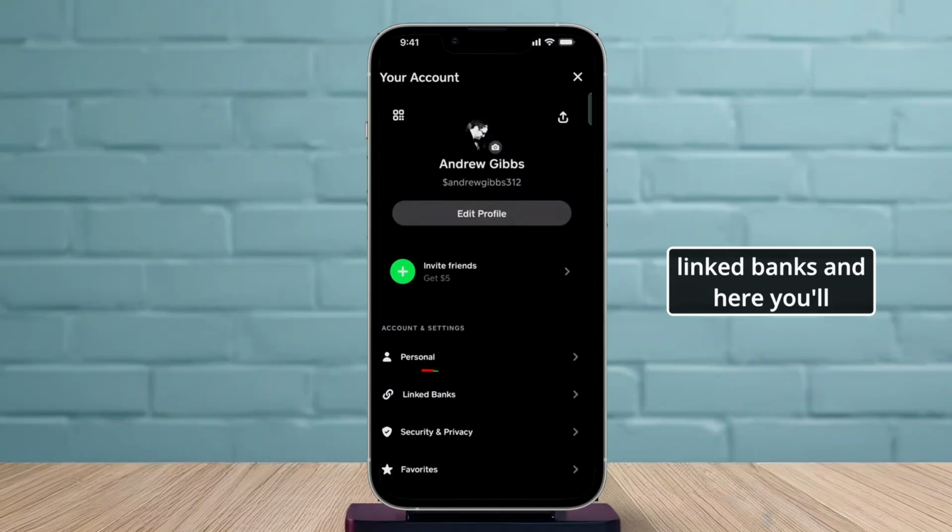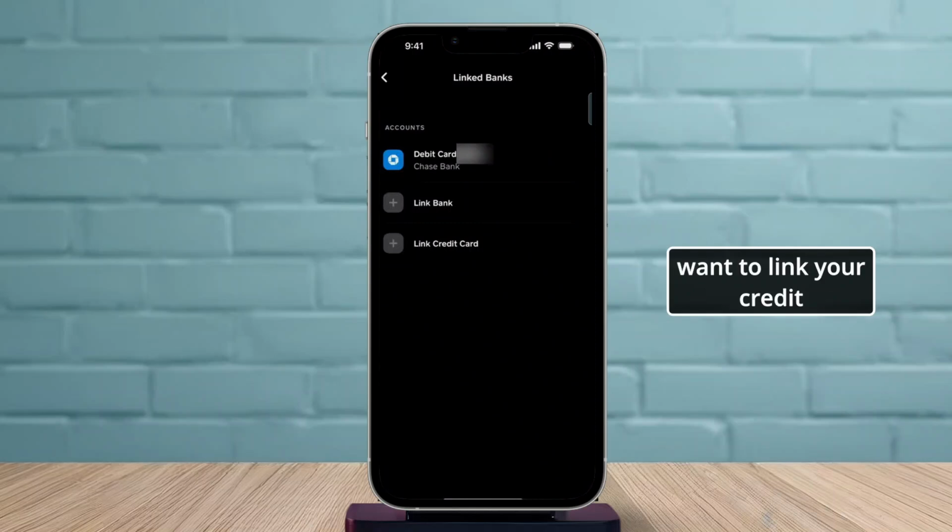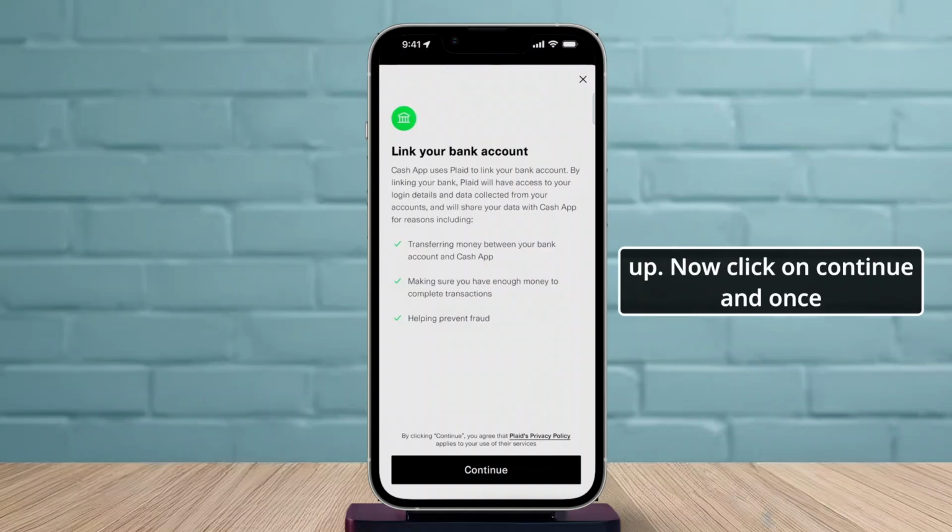Tap on linked banks. And here you'll find all of your previously linked banks and credit cards. Now, if you want to link a credit card, tap on the second option, but if you want to link a bank account, however, for that you have to tap on the first option that says link bank. Tap on the plus icon, then it will show you this pop-up. You click on continue,